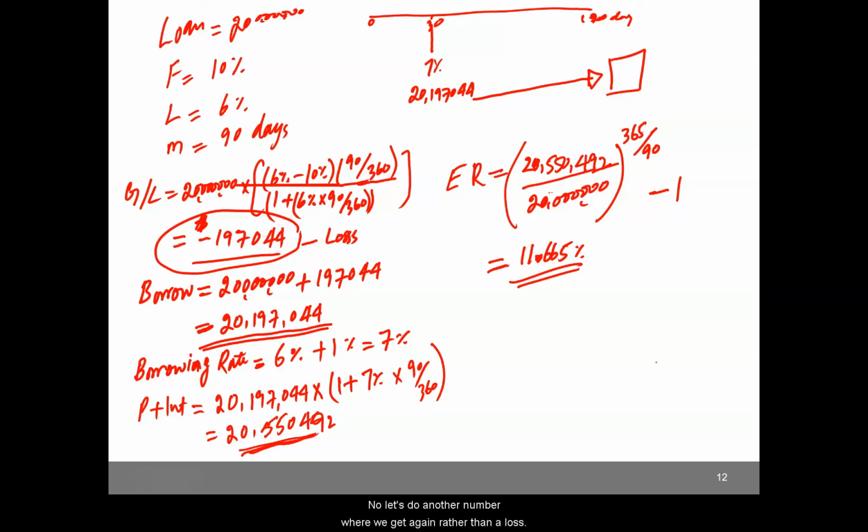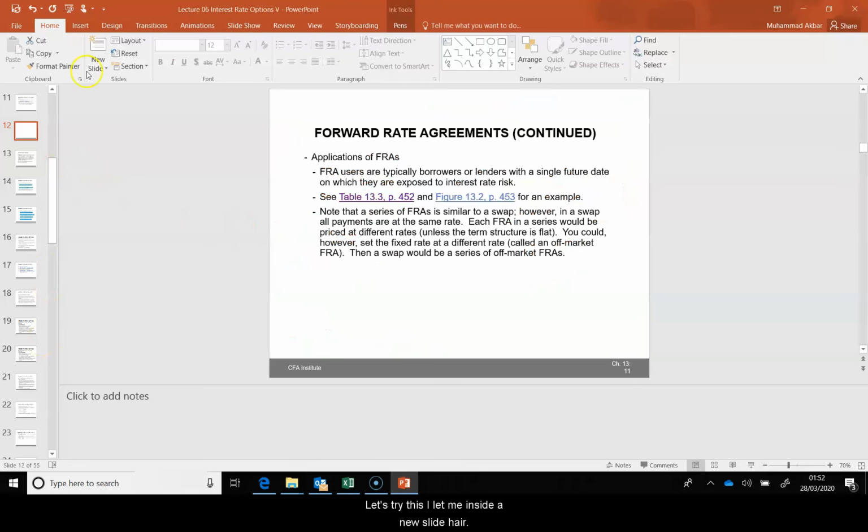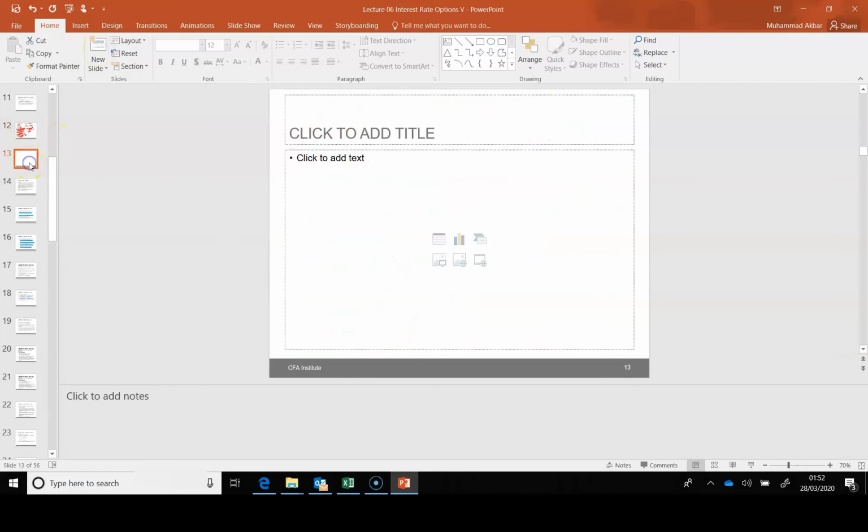Now let's do another number where we get a gain rather than a loss. So let's try this. Let me insert a new slide here. Suppose we keep all the information from the previous slide and we just say that now let's suppose LIBOR is 14%. So in this case the gain or loss will be 20 million. That is the notional value of the FRA contract, and we now have 14% here and 10 here, and then we have